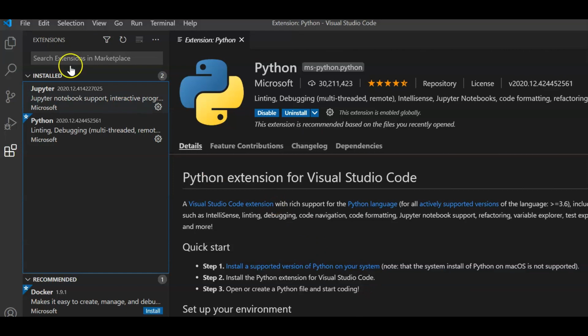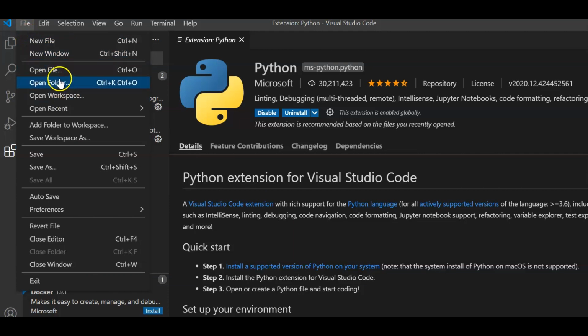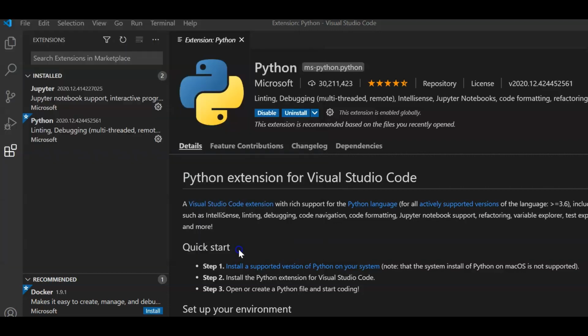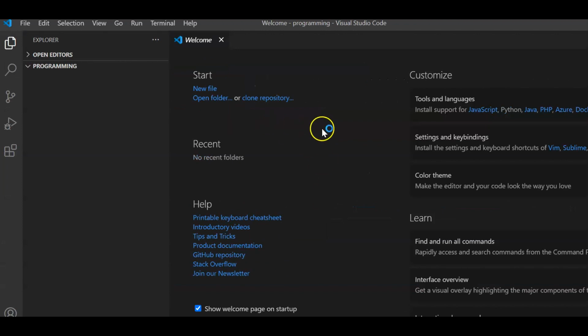We will go to Visual Studio Code, and here we can see this file menu. If we click on file, then using this file menu option, you can open any file, open a folder, open a workspace. Since I have created a folder, I will click on open folder. If you click on open folder and just paste the location, we are going to select the programming folder in my C drive, right? Select folder. Now VS Code is intelligent enough that it is saying, hey, you are in this programming folder, right? This is the same folder which we have created.